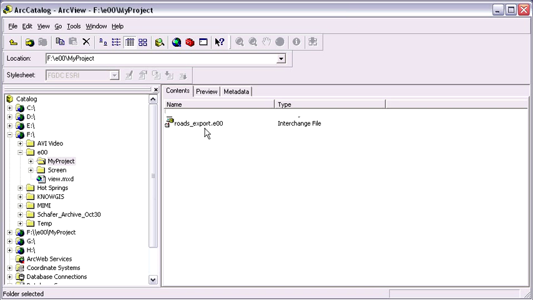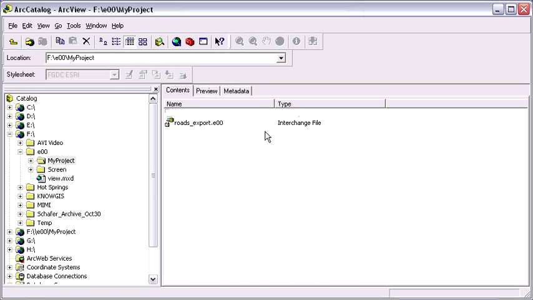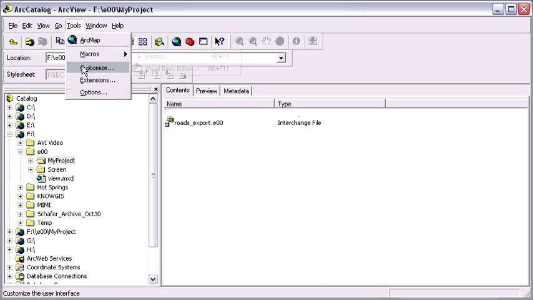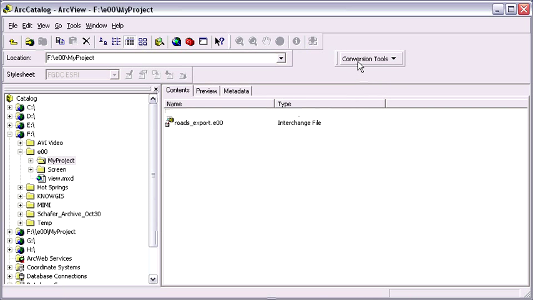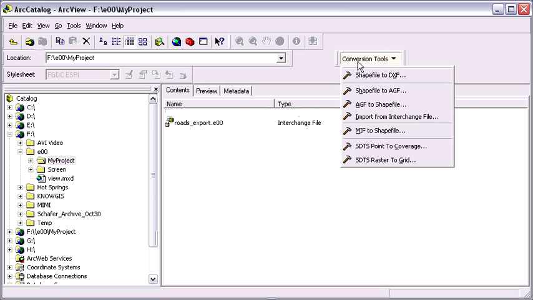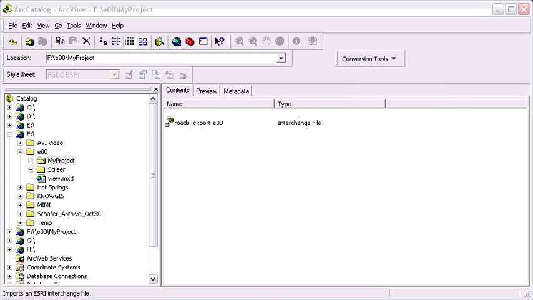Before we can import the interchange file, we need to activate an existing toolbar titled ArcView 8x Tools. From the main menu, we'll choose Tools, Customize, and then place a checkbox next to ArcView 8x Tools. After closing the Customize window, our conversion tools are available. I will select Import from Interchange File. The interchange file we wish to import is titled